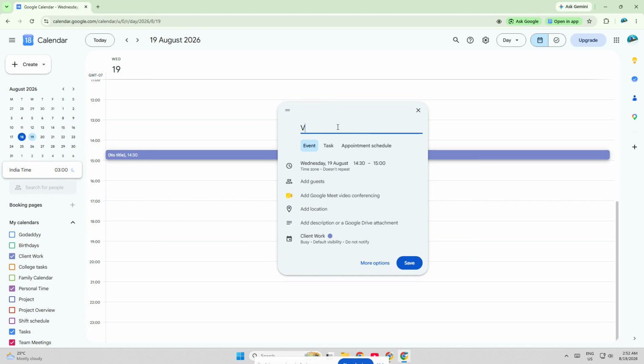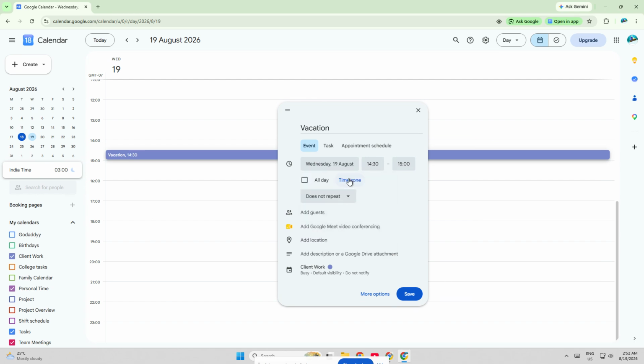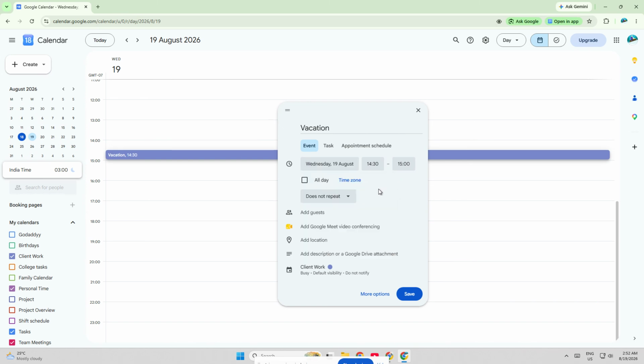Now, the most important part is setting the dates. Click the Start Date field and choose the day your vacation begins. Then select the end date for when your vacation finishes. If your vacation spans several days, make sure the full date range is selected so your calendar blocks off the entire period correctly. If your vacation has a specific start and end time, you can also choose the time fields